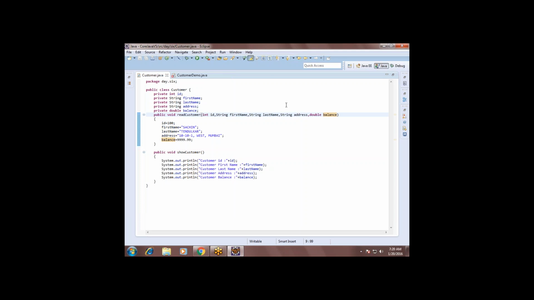You receive all the parameters from outside, and these parameters you put inside the existing properties: ID, first name, last name, address, and balance, right?